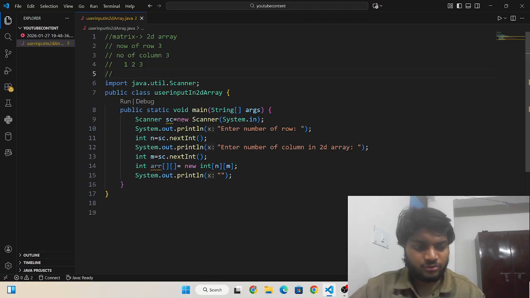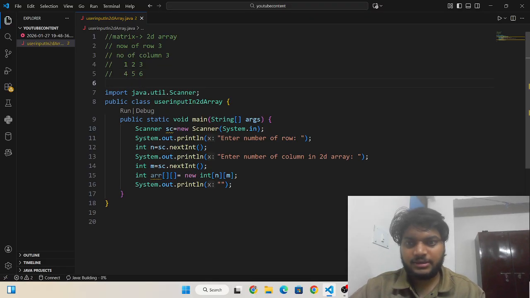Next row is 4 5 6, and the next row is 7 8 9.